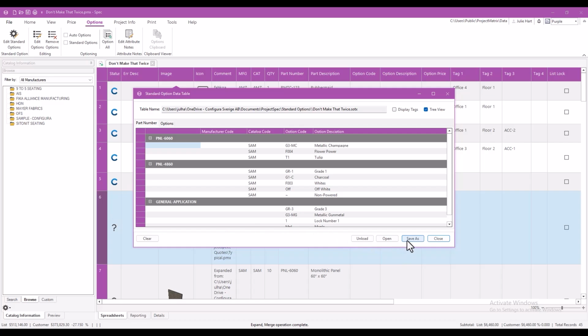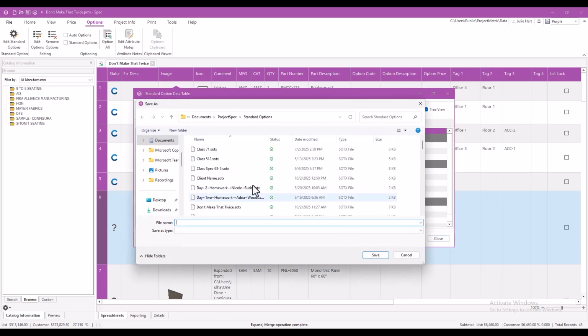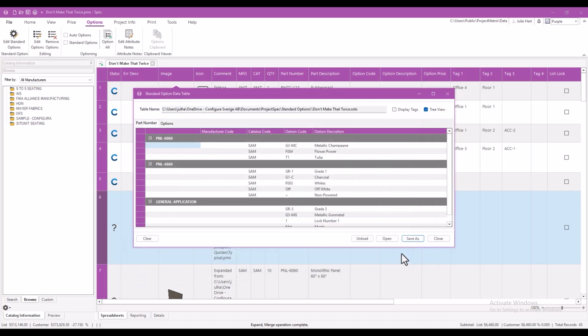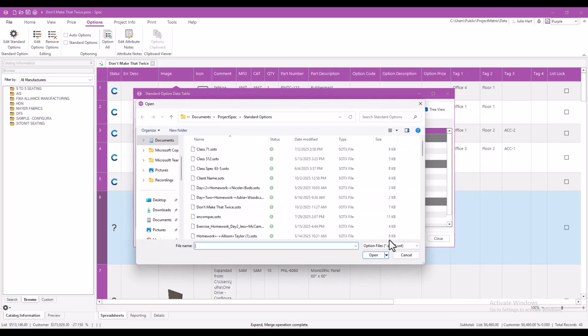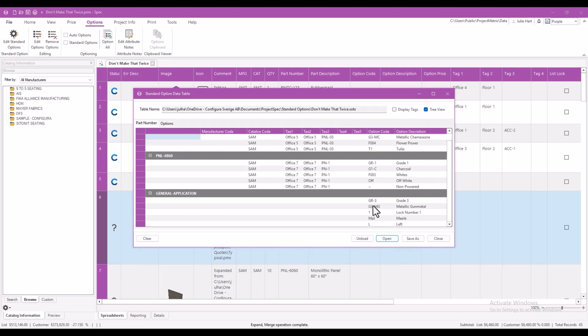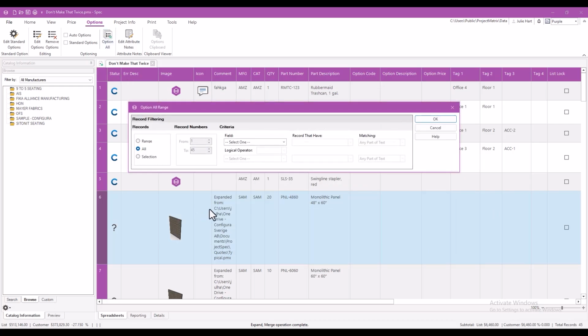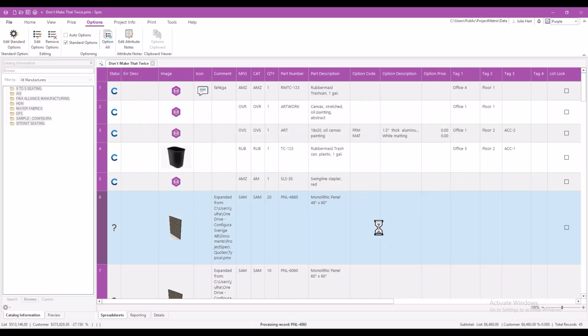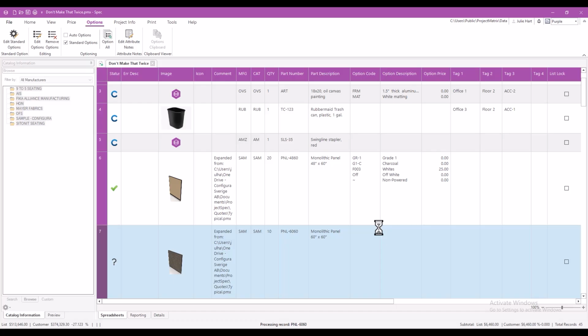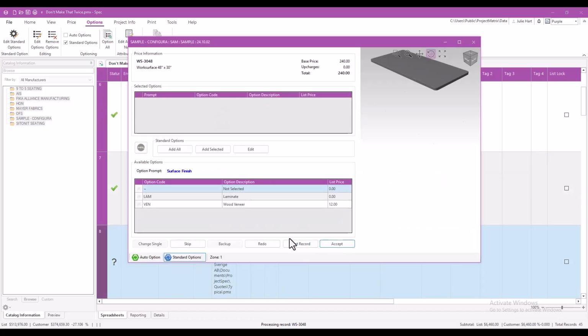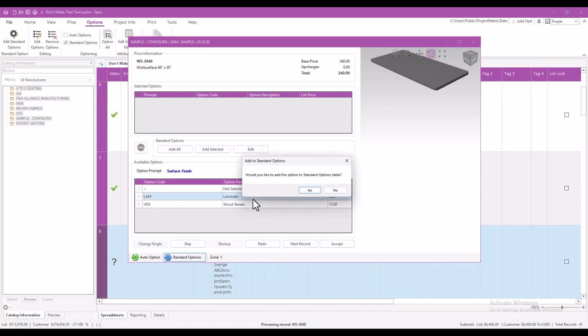So here on options, if I edit my standard options, I can save as, and that will save those standard options in a table. If I already have a project with standard options, I can open those, select those standard options, click open, and it will open those here. And then you can close this, run your option all, and it's going to apply those standards based on the criteria that you have